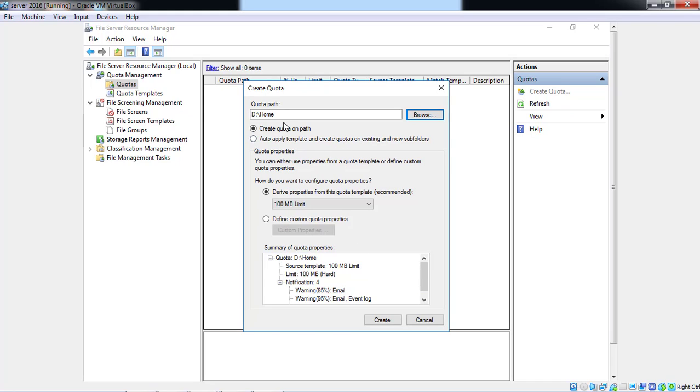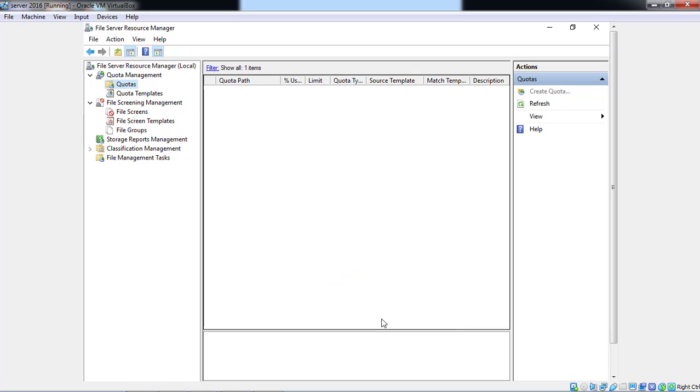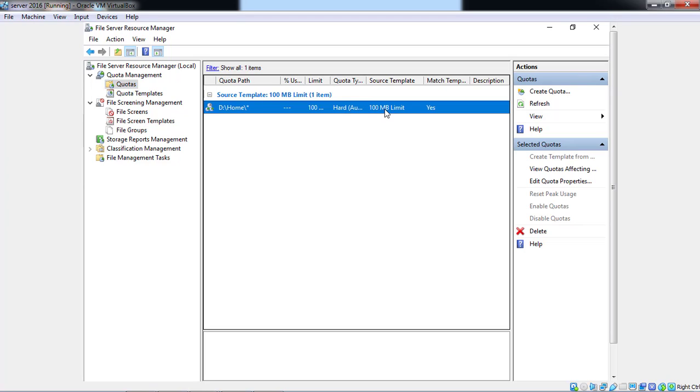Now click on auto apply template and create, so it will automatically assign the rights to the subfolders. Create the quota. Right now we have given a 100 MB limit.